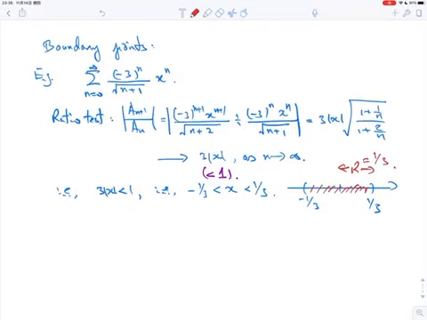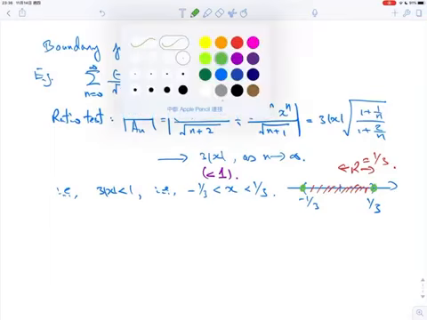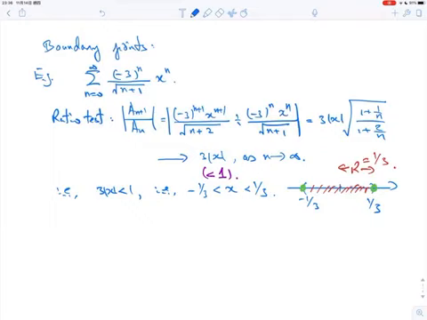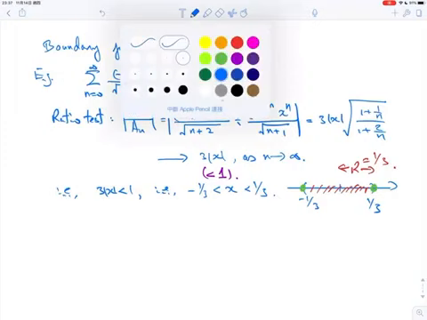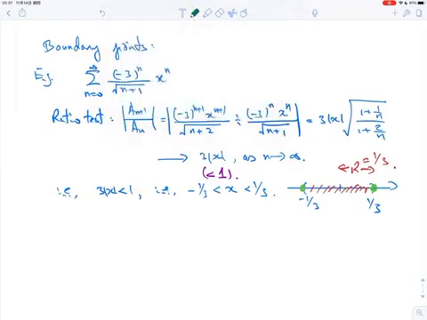Now the question is, what happens if we consider the endpoints? If we plug these two points into the power series, what would that be? Moreover, I would like to take this opportunity to introduce that if you pick any x between minus a third and a third, that's the interval of convergence, so the series will converge. So this actually defines a function that works for x